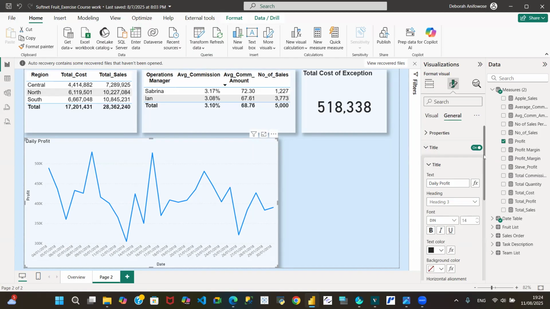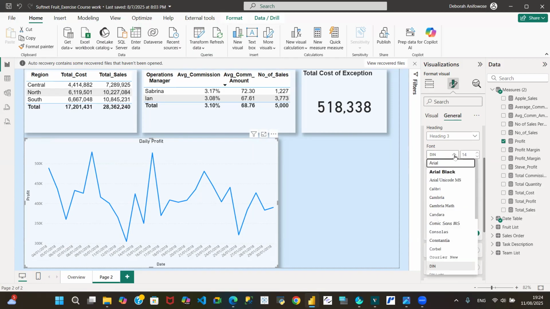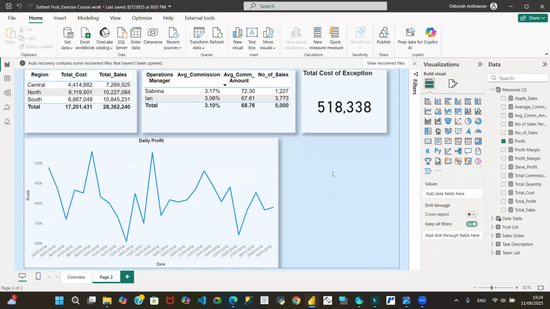If I scroll down, we put that in the middle, and let's use Arial for consistency. And we can reduce that. We can bolden it if we want. Okay, so daily profit is showing, but maybe we need, for a real life scenario, if we want something that's reporting